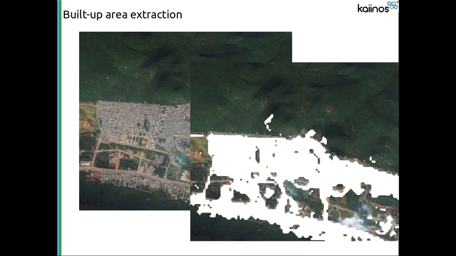Apart from water and agriculture, we can also use open data to monitor the spread of urban areas. As can be seen here, say for example, Sentinel satellite data comes every five days. If there is some cloud, probably every 10 days we will be able to download the data and process it. As we have this data available, we can use built-up indexes. It could be IBI, it could be BBI, it could be NDBI. We'll be able to extract the changes that happen in the urban